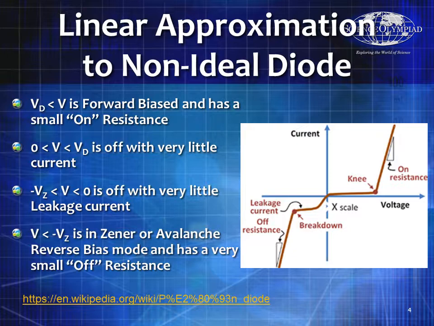Now, at some point, the reverse voltage becomes so great that you have something referred to as Zener avalanche. And at that point, it actually acts as a short going the other direction with a very small